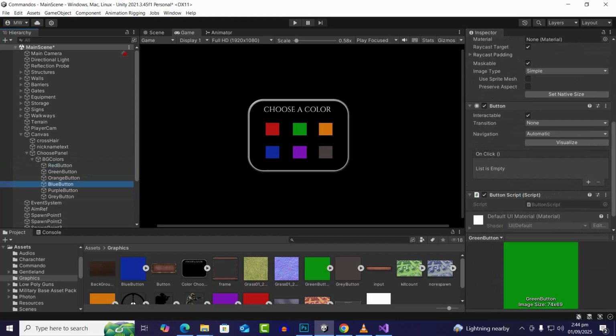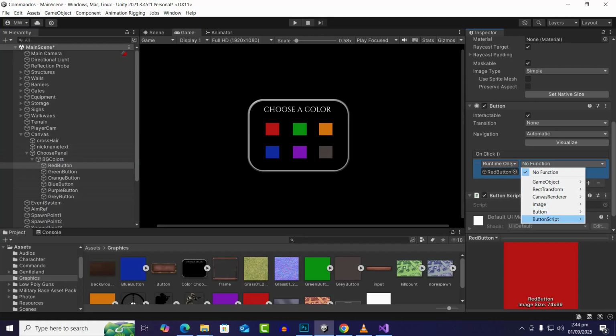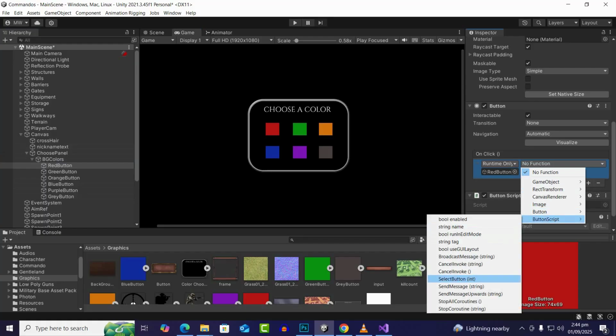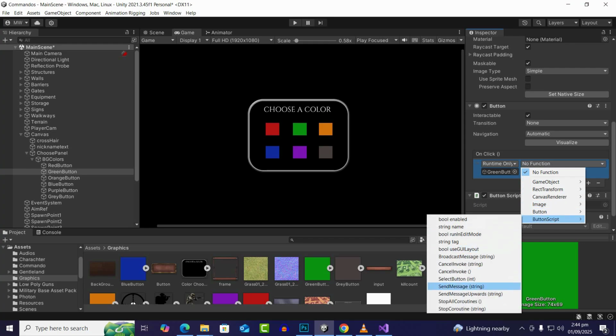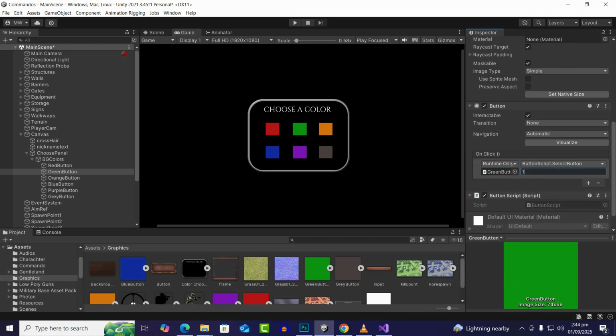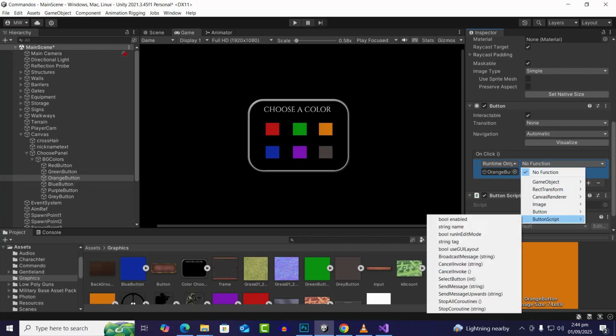all of these buttons. Okay, so now for the first button, which is the red button, we will click on click function. We can drag off the red button, and then we will go to function button script and we will click on select button, and here you can see the id is 0. Okay, so the first button id will be 0, and then we have the green button. Let's select it, and now we'll go to button script and select button, and we will give it the id of 1. Then we have the orange button, click, and then similarly we will drag off the orange button and button script,